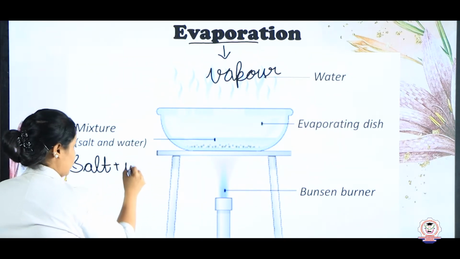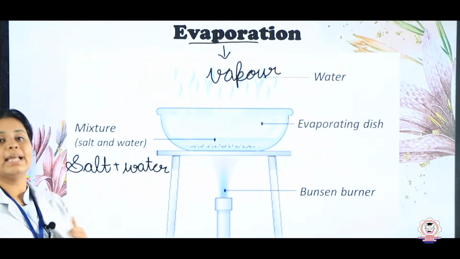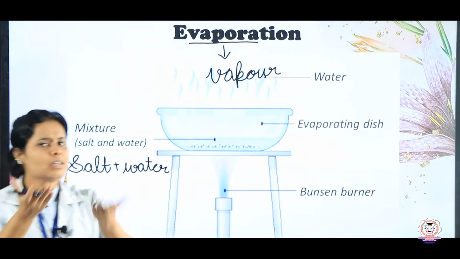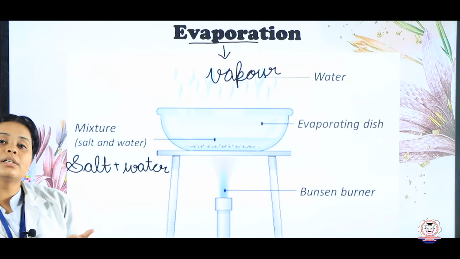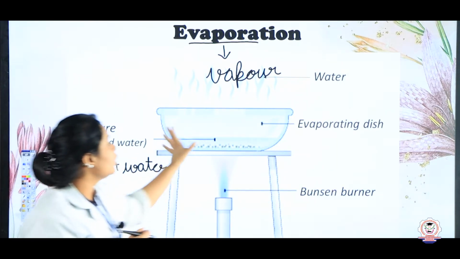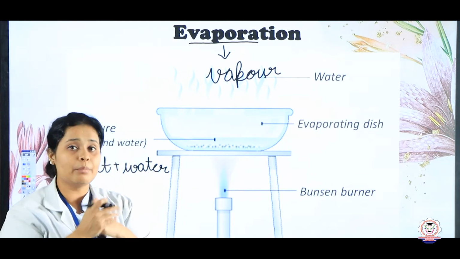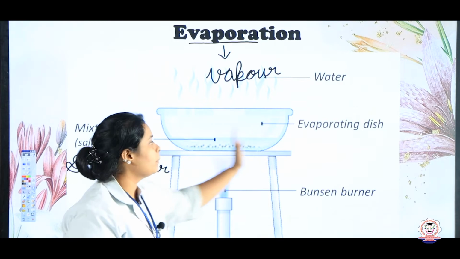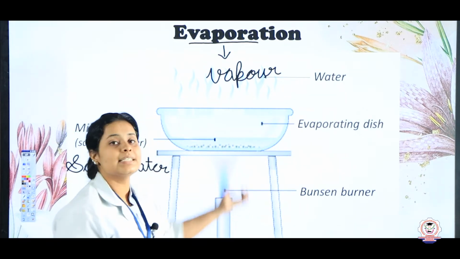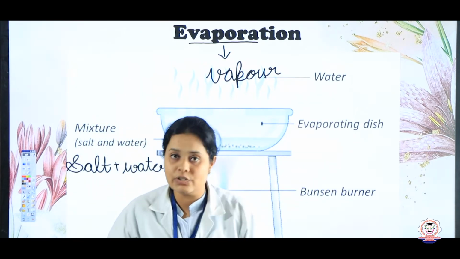and water. Now you know here that salt and water can easily mix up, right? When it is easily mixing up, you will get a clear solution. Now from this clear solution, you want your salt back. How you can do it is, you can take some amount of your solution, for example 10, and keep it in an evaporating dish. Now you are heating it. Now water is getting boiled at 100 degrees Celsius.